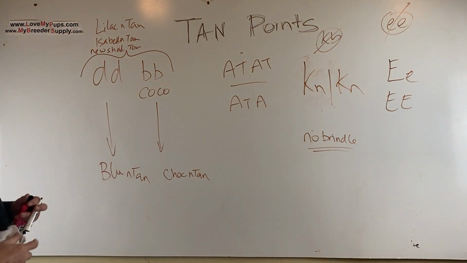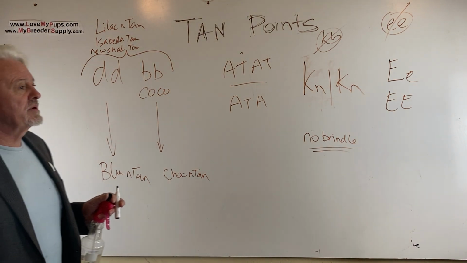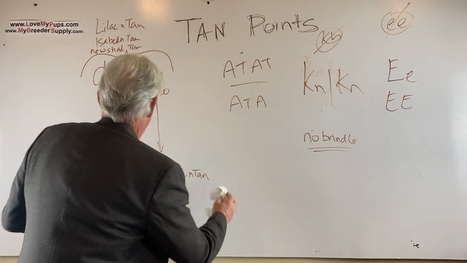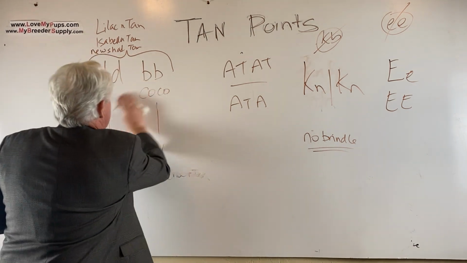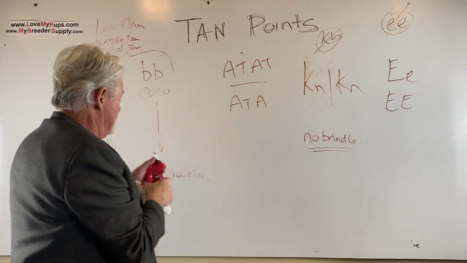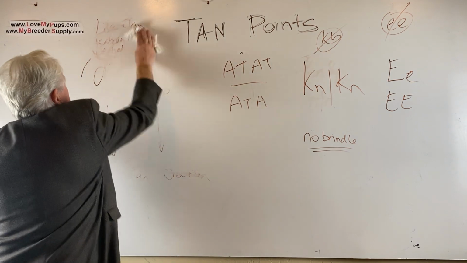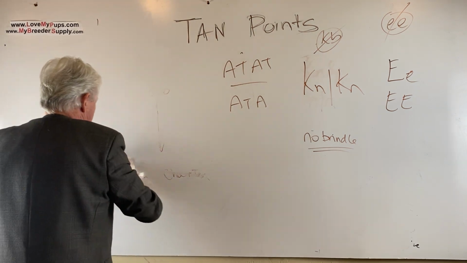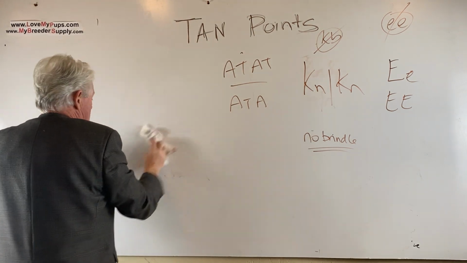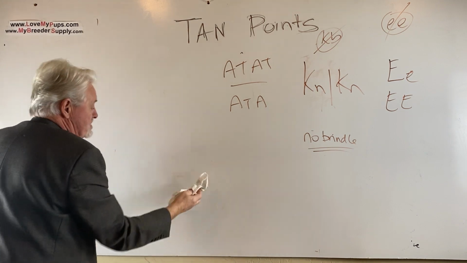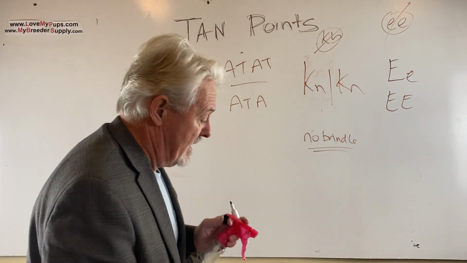How do we get a black and tan? Because that's what prompted this whole thing. I had a number of people say, how do you get a black and tan? Well, you do this. You get rid of all that stuff right there. You got yourself black and tan. So now that's a black and tan dog. If the dog isn't blue, isn't chocolate, then it is a black